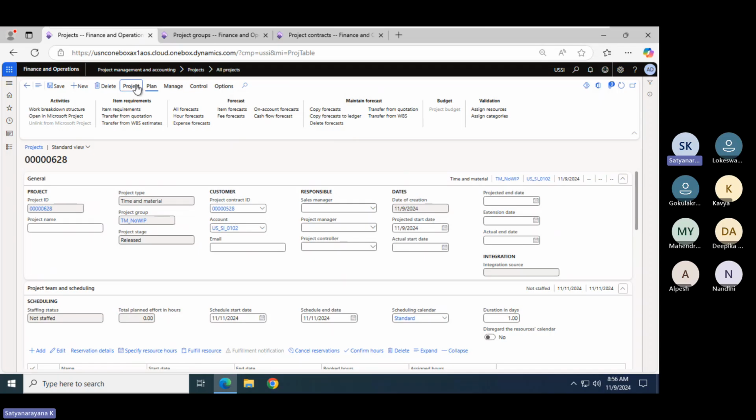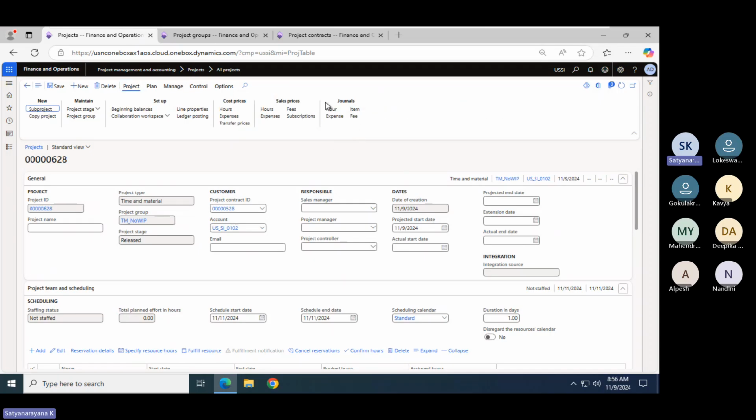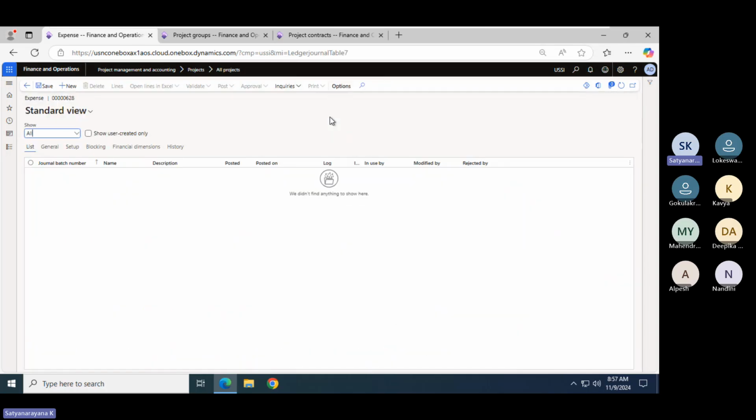So here we have so many journals. Now, expense journal means, suppose you are traveling by flight, from Hyderabad to Canada, or if you are staying in Bangalore, from Bangalore to Canada.